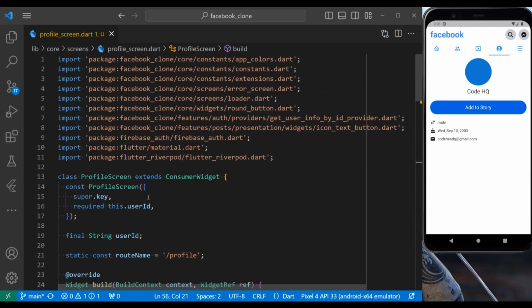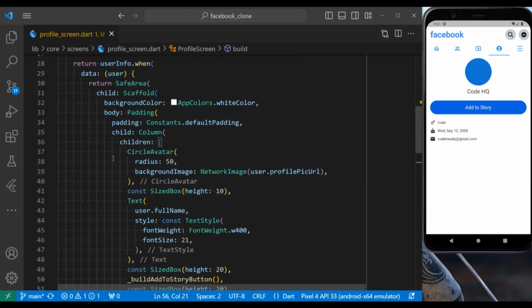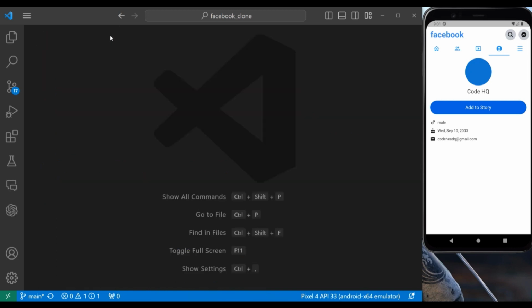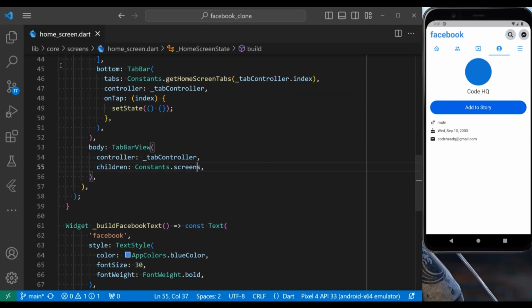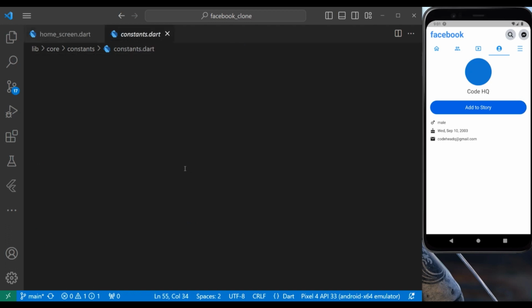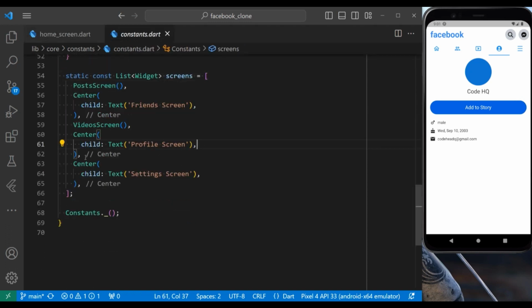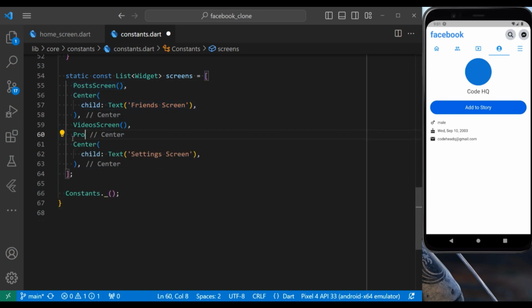Later we are going to change some of this info, because instead of having only add to story button, I also want to have add friend and different options to send a friend request, cancel the request, or even accept the friend request. But for now, let's just leave it like that. And I'm also gonna go inside our home screen, and inside the screens, here we put our actual profile screen,